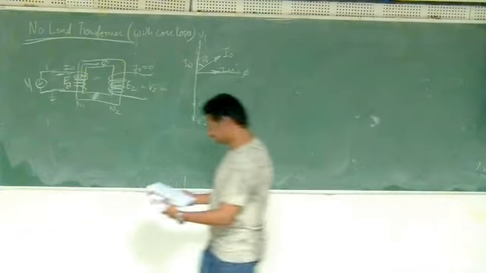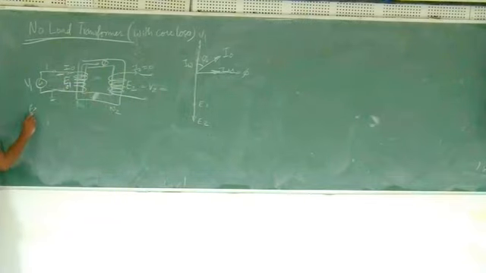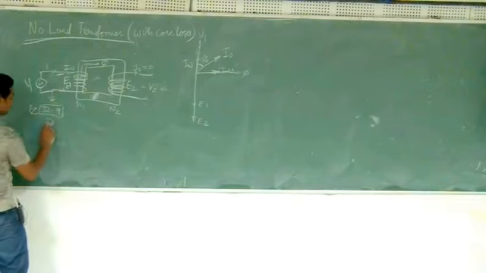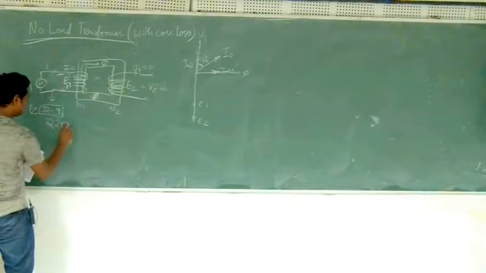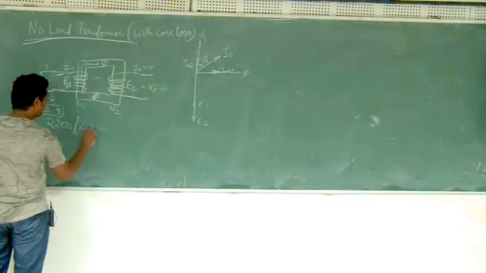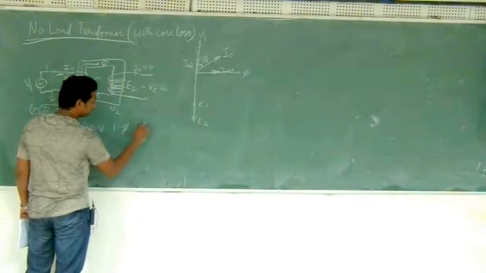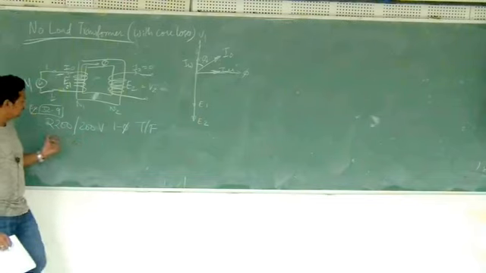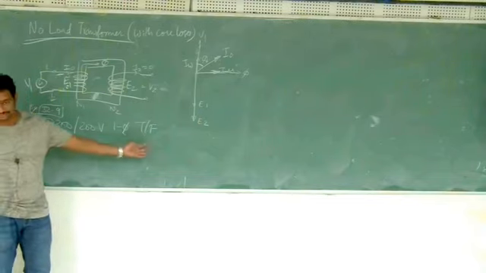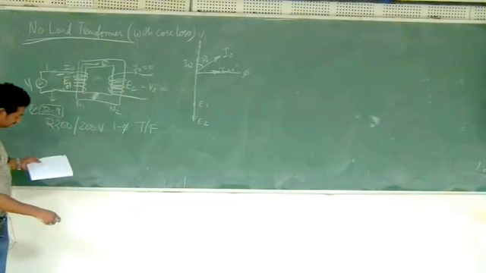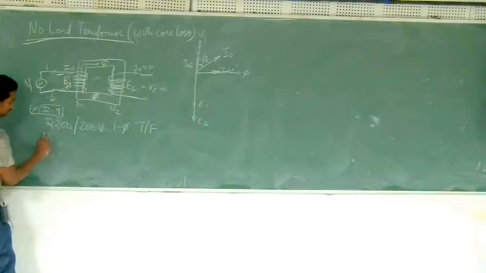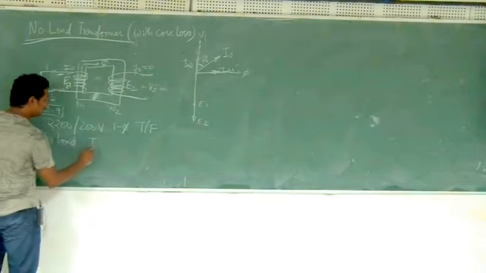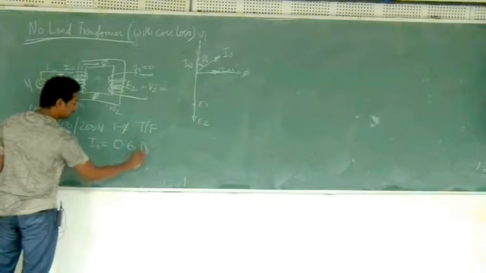So the question is like this. I think this is example 32.9 in that book again. A 2200 by 200 volts one phase transformer. This is the voltage rating: primary side is 2200 volts and secondary side is 200 volts. This is a step down transformer, one phase. It draws a no load primary current of 0.6 amperes. No load I naught equals 0.6 amperes.